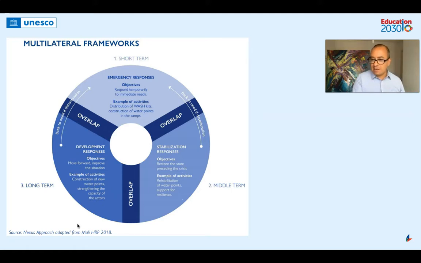There we're gonna have already an impact assessment, and how we can start really rehabilitating the whole elements that we have. And for instance here, the example that we were mentioning in the first part of the emergency response. In the stabilization response, we are talking, for instance, concerning water, about the rehabilitation of water points and support for resilience of these things. And this is something that does not go on the short term, this is something that goes more in the middle term.